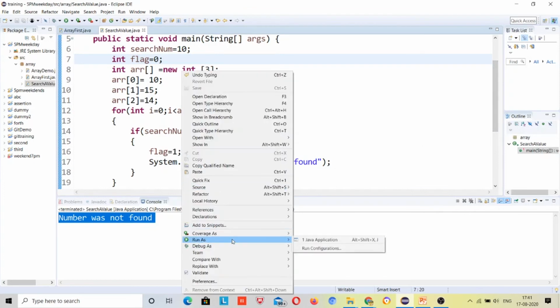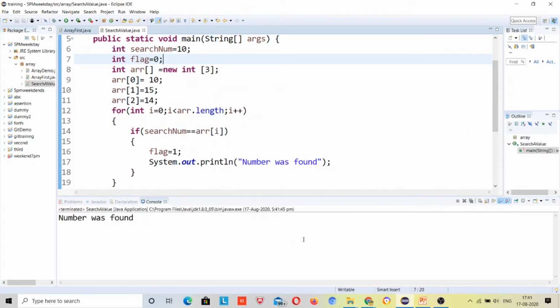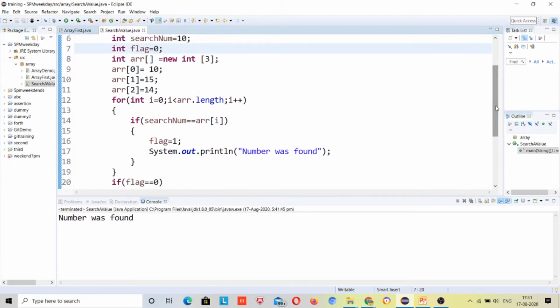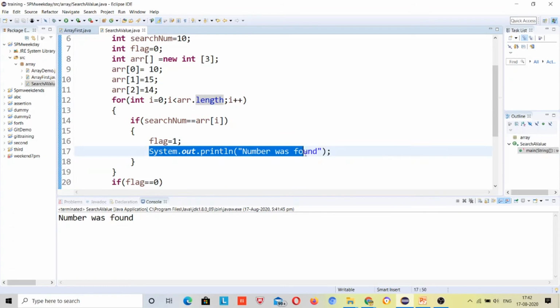I will run it. Yes, our program says this number was found, but here I have to change one thing. At the first index, when the i value was 0, the value was found, but this loop kept running till its end, just because there was no break.